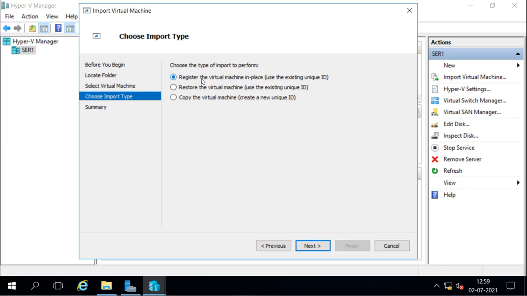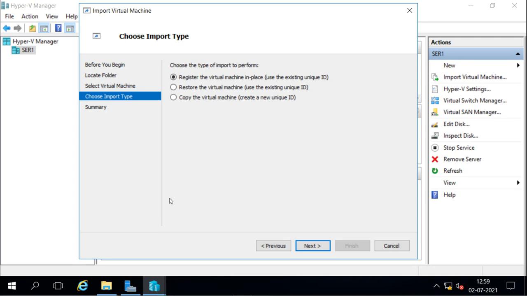So I will first export the virtual machines running on server 2012, so that I don't lose them. And then I will upgrade my server from 2012 to 2016. That means we are upgrading in the same server, and then I will import those virtual machines inside that server 2016. So it will be in place, and that will use the same unique ID.